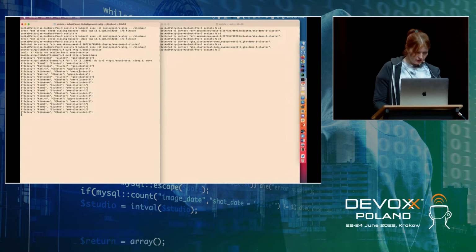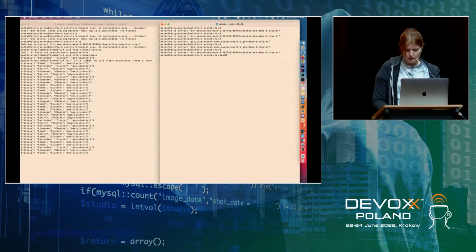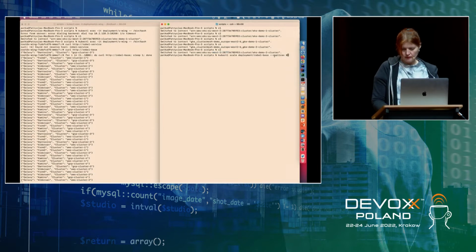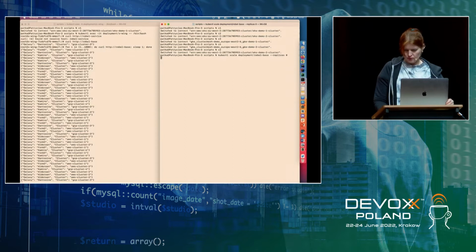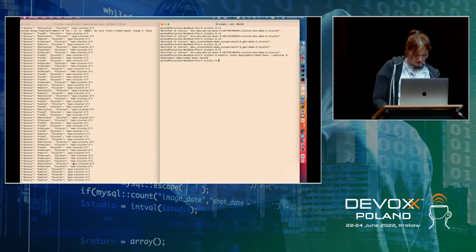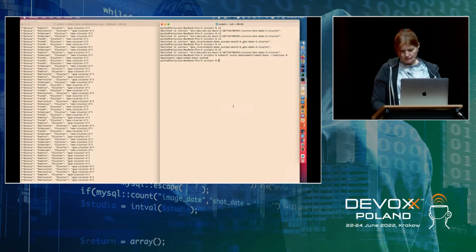AWS 1, GCP 3, GCP 4, AWS 2. So all 4 of them take part in load balancing. What happens if we scale down one of them? So we are now at cluster 2 and scaling down AWS cluster 2. So now only 0 replicas, so it takes time, and now cluster 2 should be out of action. It seems so, but